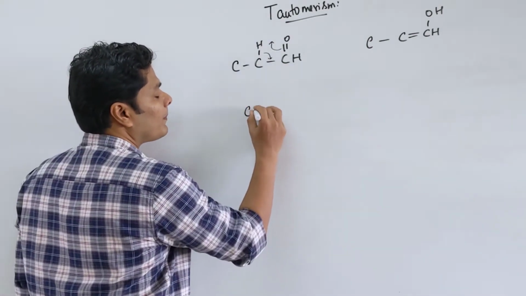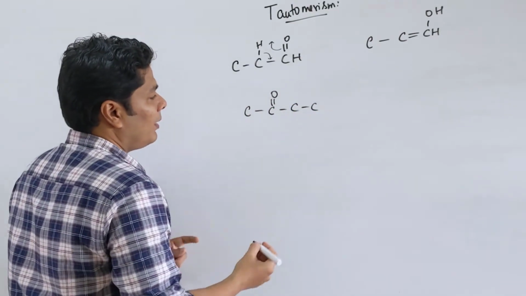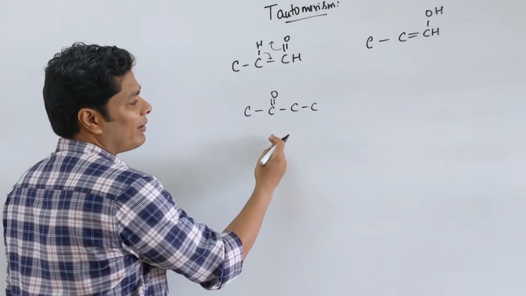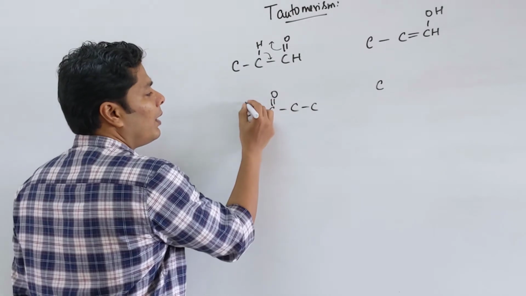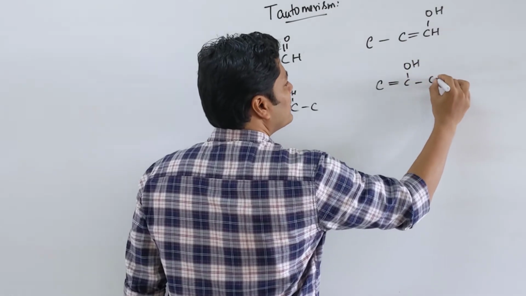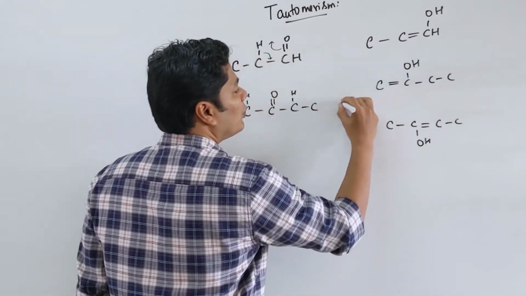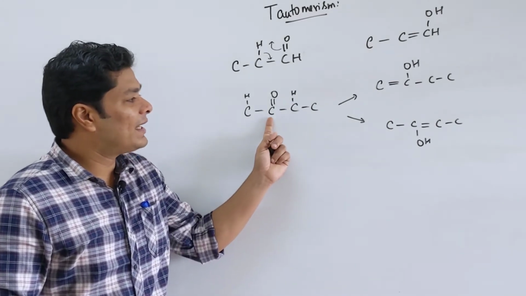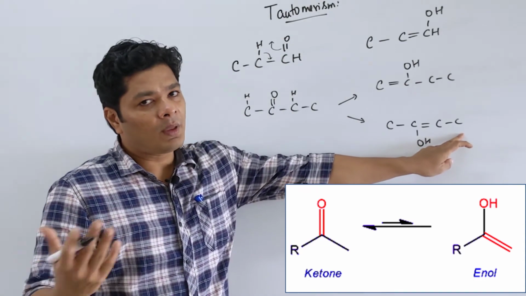Similarly, a ketone, if we take this ketone, an unsymmetrical ketone. Symmetrical ketone means it has the same group on both sides of the carbonyl. Here it is unsymmetrical. I can have a tautomer, the C double bond O can get this hydrogen or this hydrogen. So we can have C double bond OH, C, C, C, OH, double bond C. So both of these are tautomers of this particular compound. Because it has 2 adjacent alpha positions, it can take from either of them. Obviously, this will be more stable because of the corresponding hyperconjugation effect.